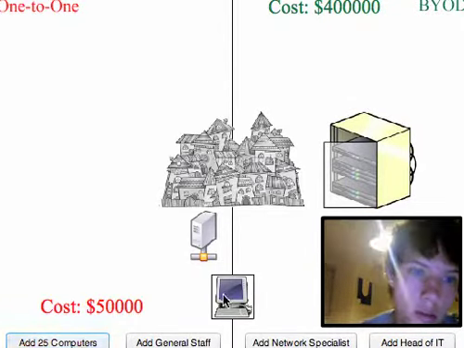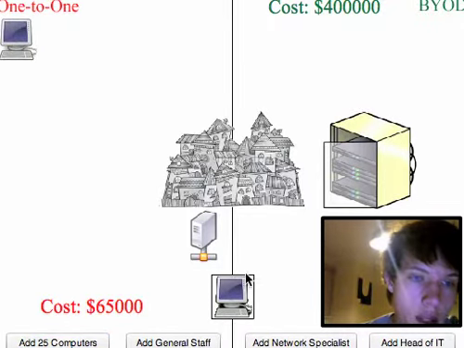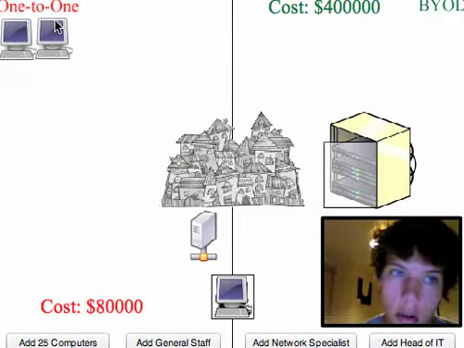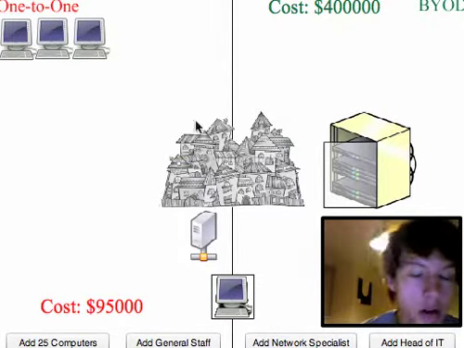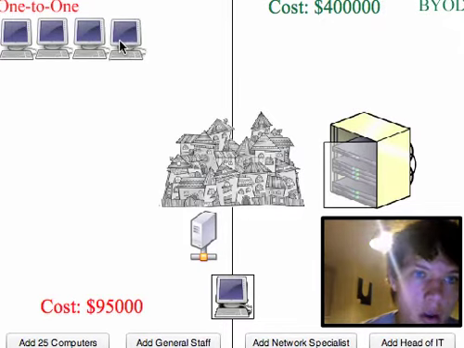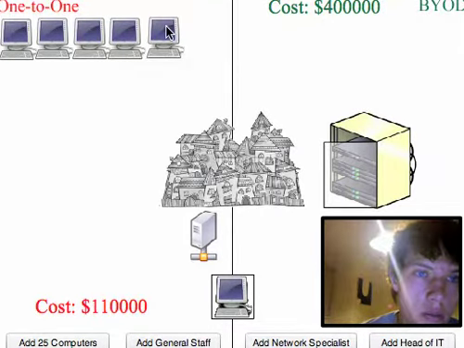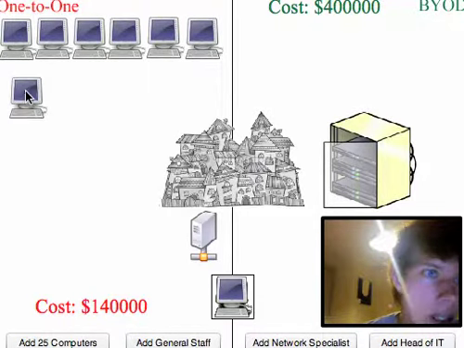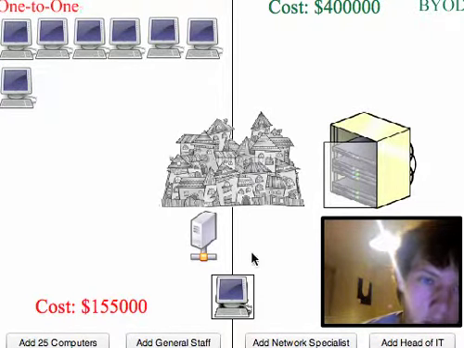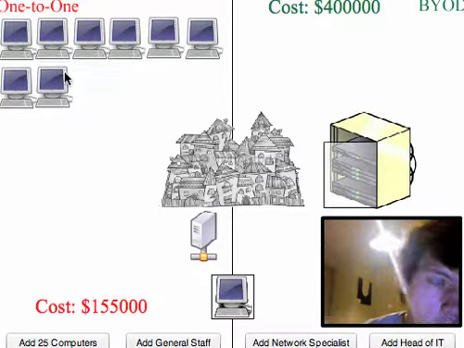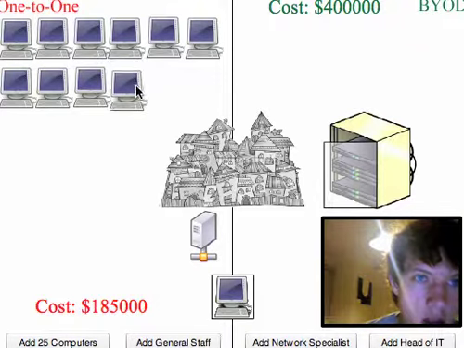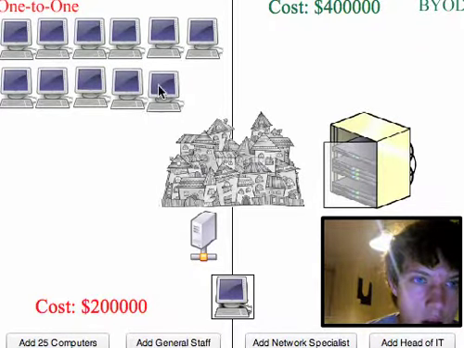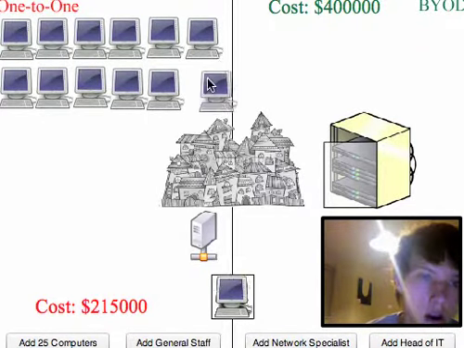Now, in one-to-one computing, you're probably going to want 400 computers. We're going to use an example of 400 computers at a school and the cost of each system. So here we assume that a school can get a really good deal on these computers at $600 a piece. So each computer here is responsible for 25 in the real world. So if we drag out 16 of these, because 16 should get us 400 computers,